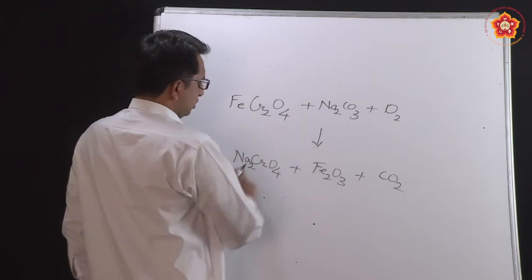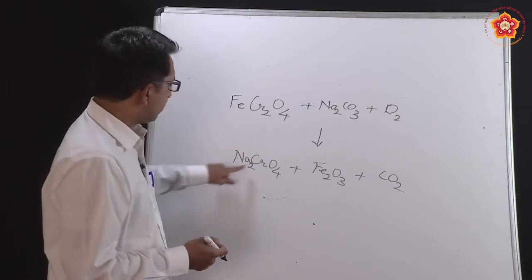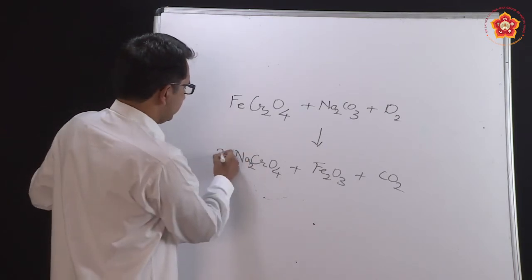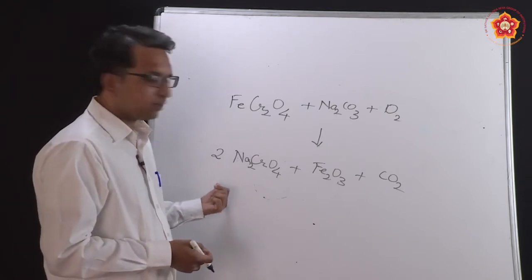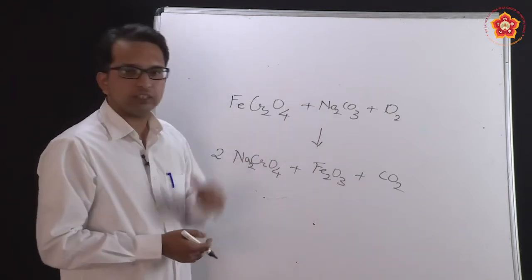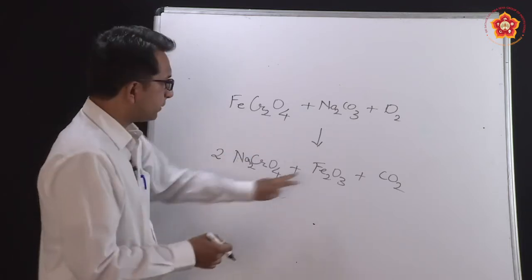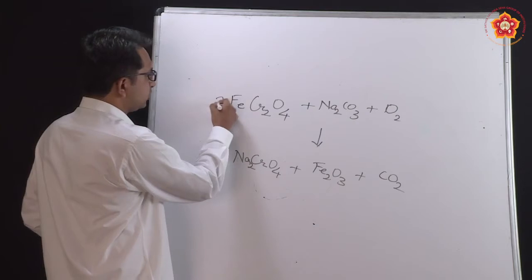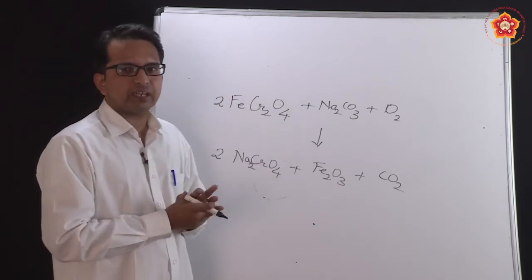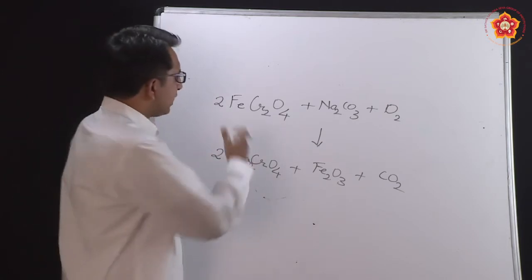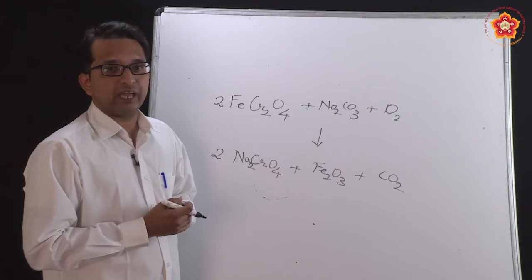First, to satisfy the sodium number of atoms, it is the same on either side, whereas for chromium there is a difference. So let me take it as 2Cr. But the moment I settle this, there is a disturbance seen on the sodium side also. Also iron, there is a difference. Because it is Fe2, let me take this also as 2Fe. So in this trial and error, we see that there are many changes we have to undertake for balancing these reactions.